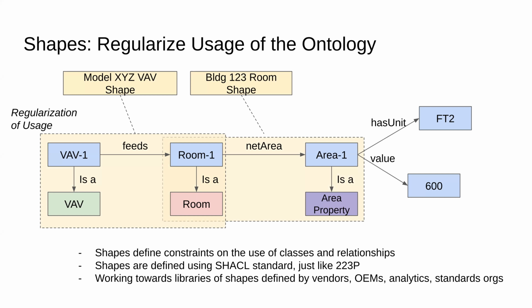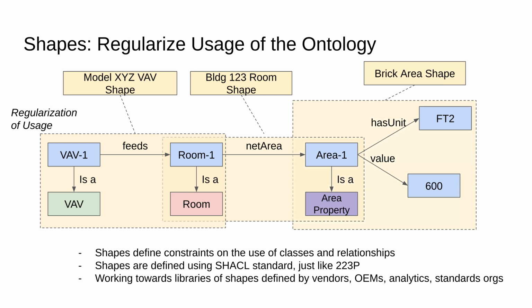And so each instance of the room class in this Brick model for this site should have an area annotation present on it. And then we can also define regularization of how Brick is actually used. Brick can say, when you want to talk about the area of a room or the area of a space, you need to have a unit and you need to have a value. That value needs to be numeric,